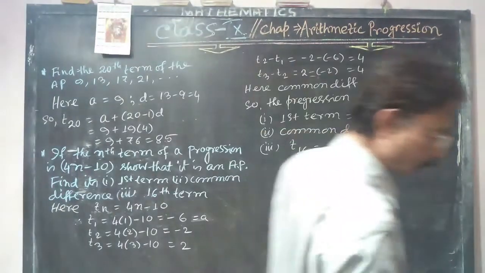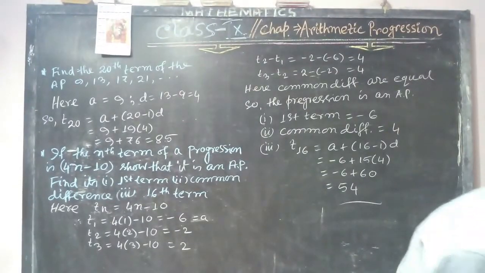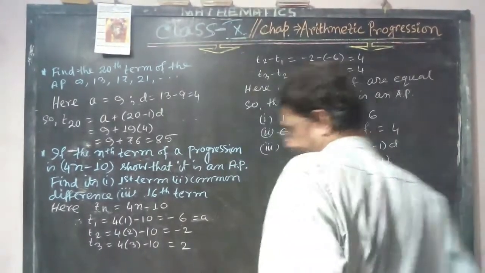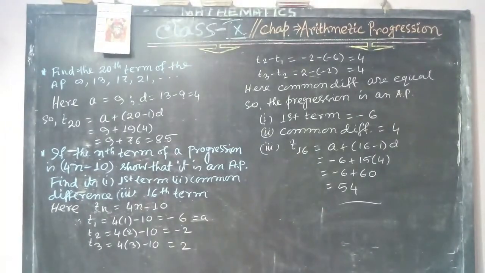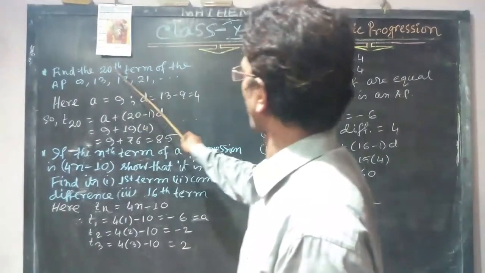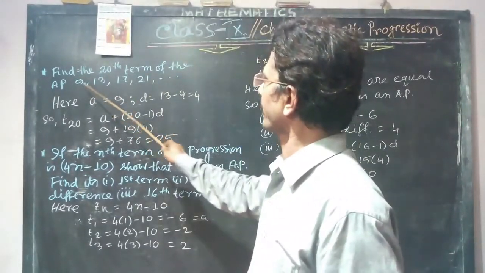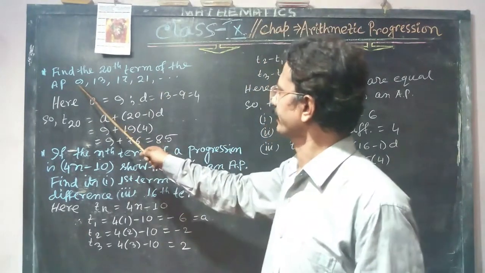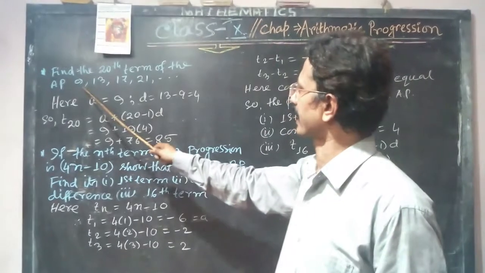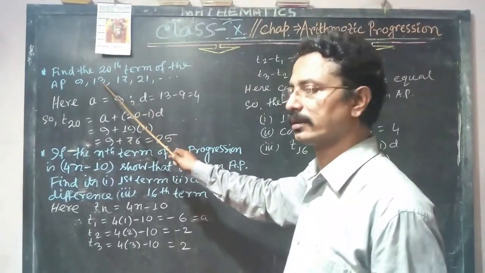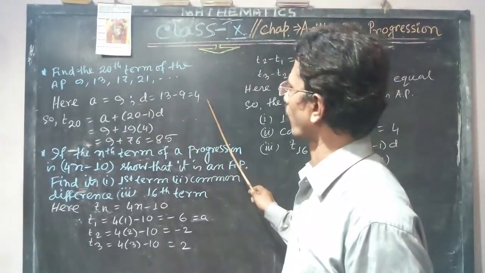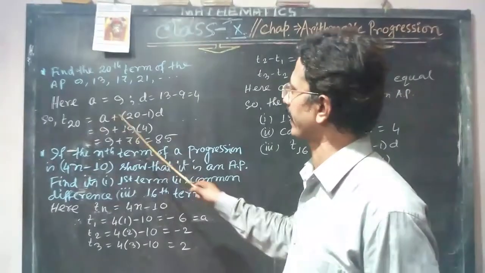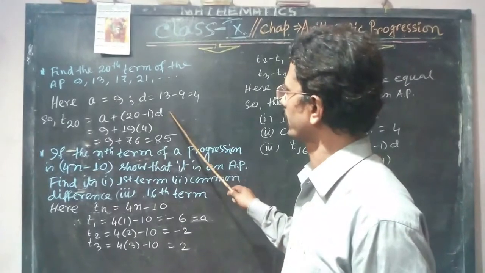Here we solve some problems of this chapter, arithmetic progression. The first problem: find the 20th term of the AP 9, 13, 17, 21. Here the first term is 9 and d equals 13 minus 9, or 17 minus 13. 13 minus 9 equals 4. So the 20th term is a plus n minus 1 into d, that means here n equals 20, so 20 minus 1 into d